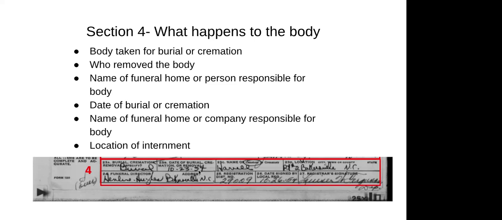When they were removed or when they were buried, where they were going, whether it was a cemetery, crematorium, things like that, and where this is located. The funeral home director or the funeral home name, where they are, and if they had to transport it over state lines, which they did, there's a record of that, and who signed off for taking the body. This is important because it can show you, was this a family cemetery? Was other family members buried here? It may lead you to more